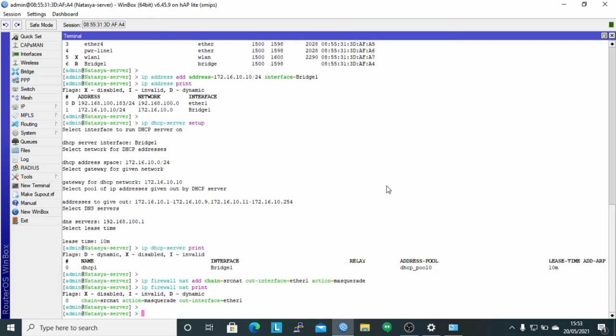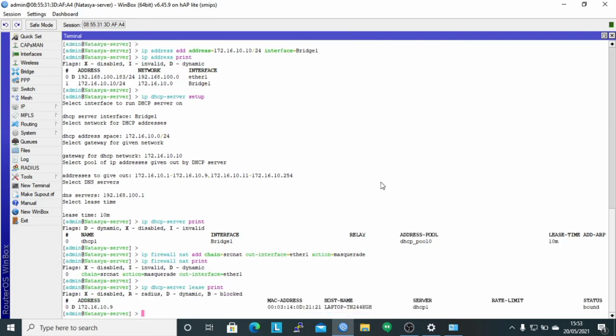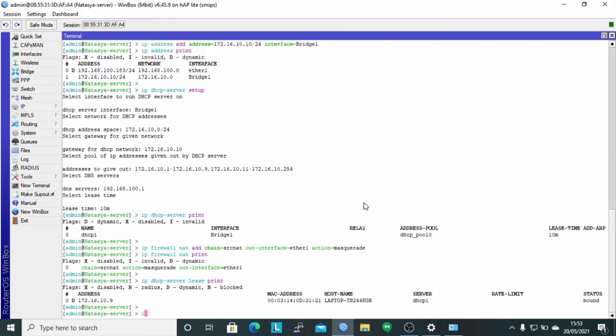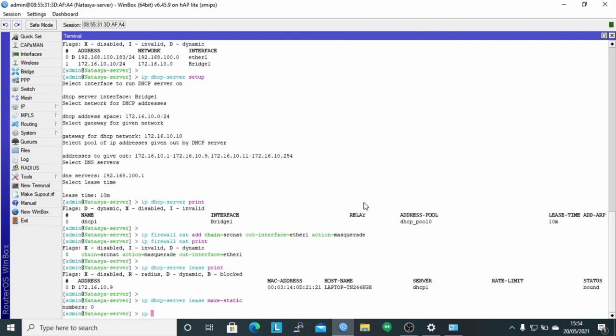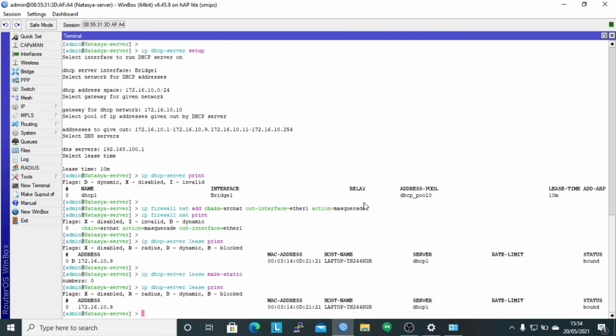And then I will check the IP address for the client using the IP address according to the topology, with the configuration IP DHCP server lists, changing it to static with the command IP DHCP server lists make static numbers is number 0, and check again with the command IP DHCP server lists print. It can be seen that the IP address is static,